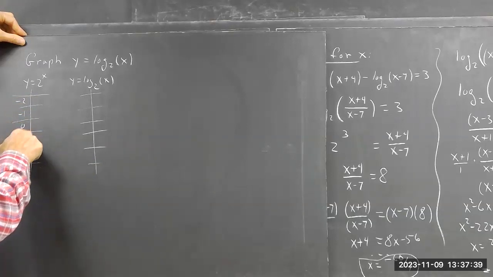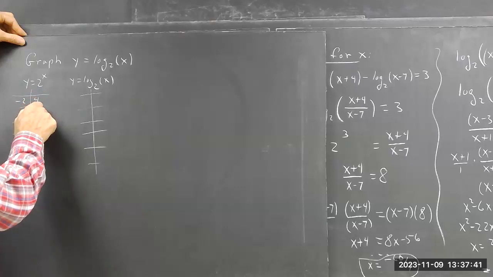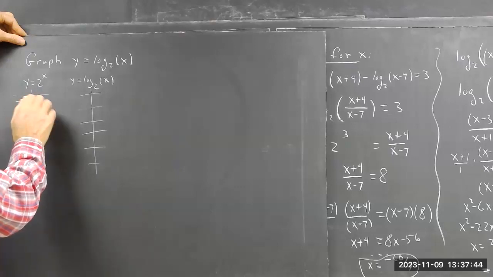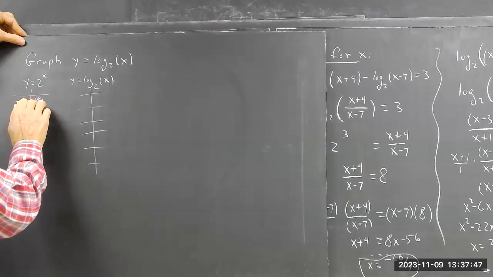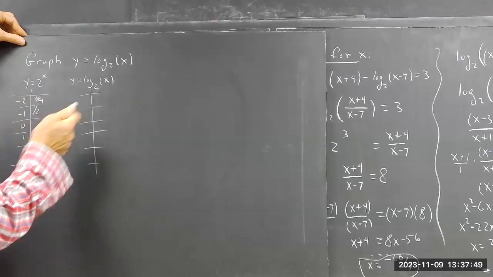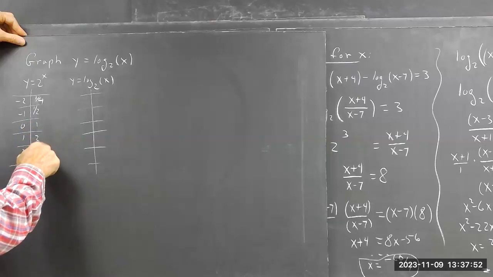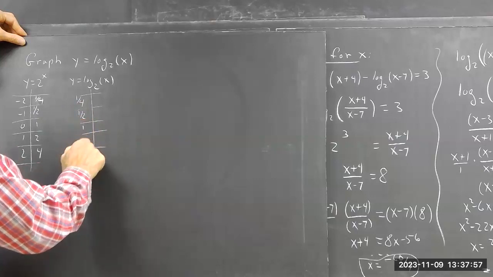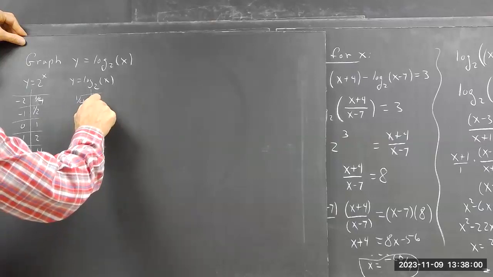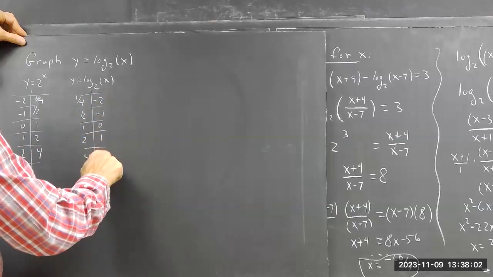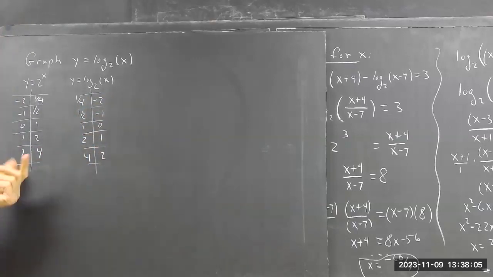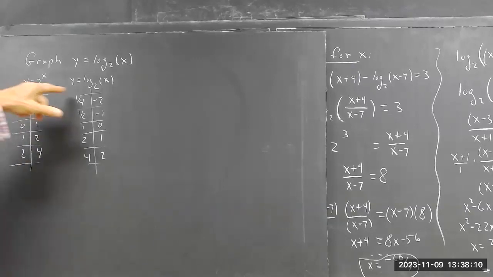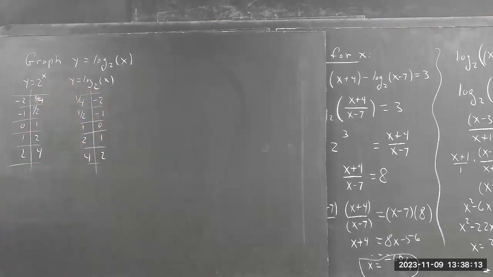Values: -2, -1, 0, 1, 2 and 1/4, 1/2, 1, 2, 4. We flip the columns with the toolkit exponential function to get the columns as a toolkit logarithmic function. And then we